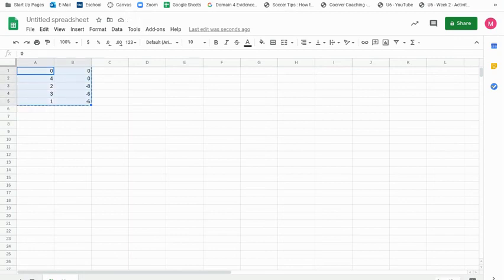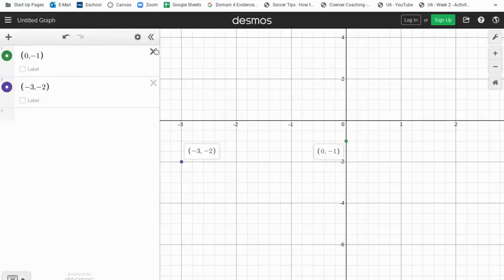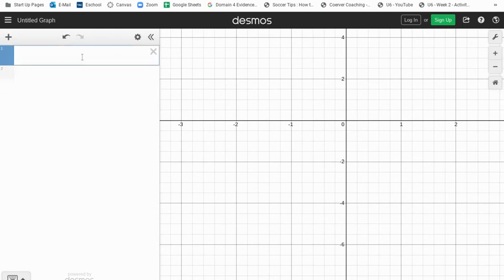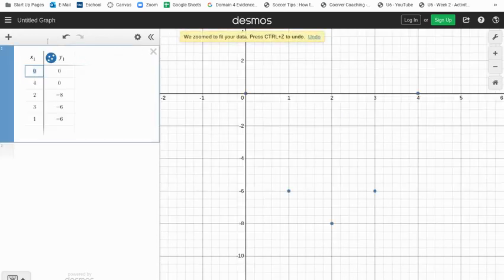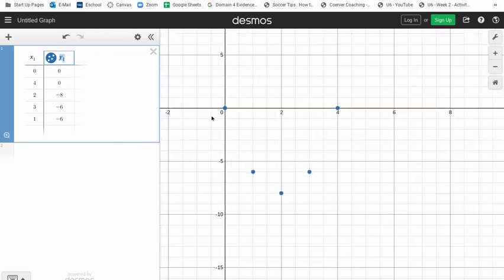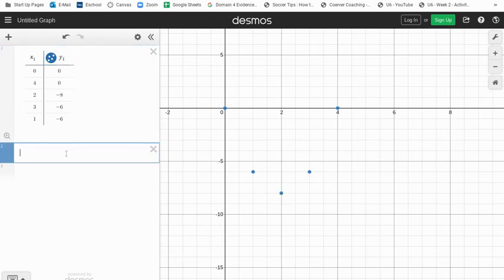So I copy this list. This is just a spreadsheet, a Google Sheet. So I create that. I come into Desmos, and then I just paste that into there. Okay, so it creates a table where I have a list, x sub 1 and y sub 1. So these are all the points that I want included, and you can see those points. So now I'm going to tell Desmos to generate an equation. So when I generate an equation, I'm going to say y1,